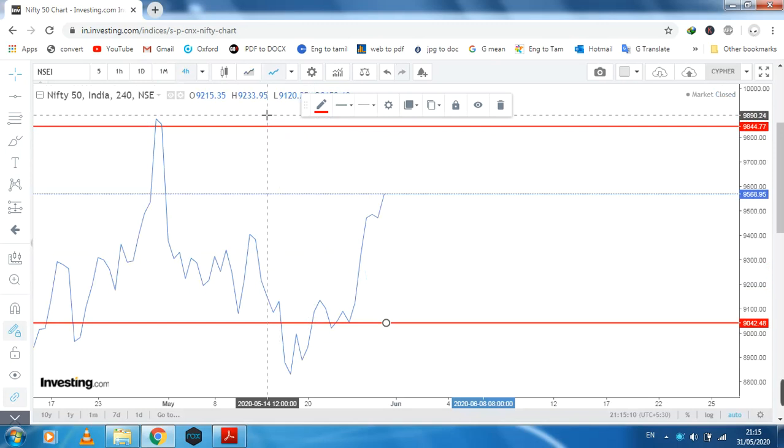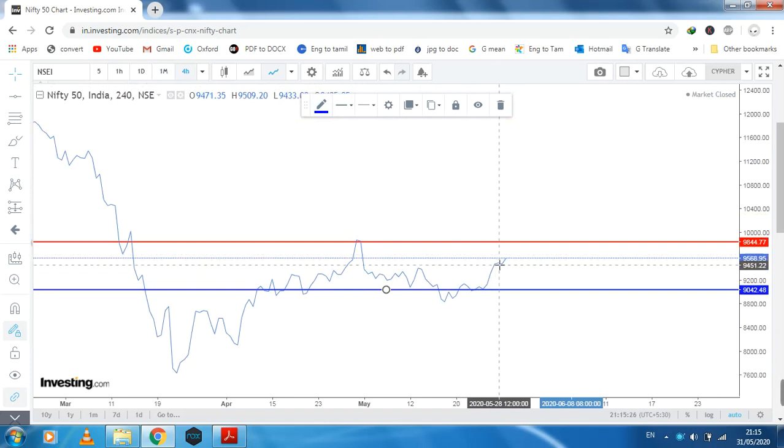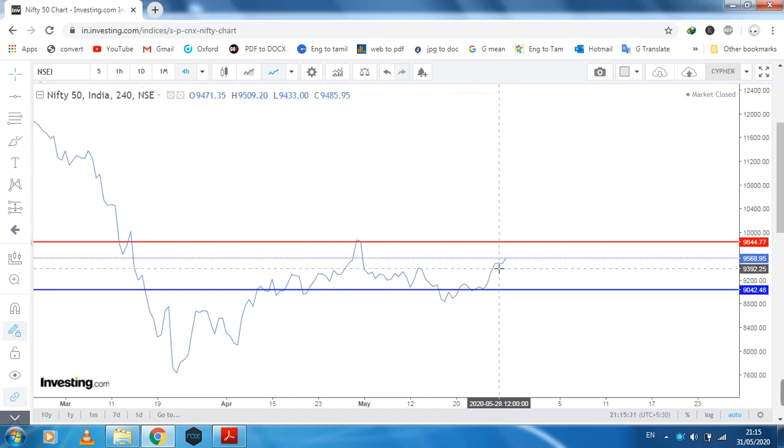Next we are going to the 4-hour chart. This is the lower time frame for the weekly chart, which is the reason we are going to the 4-hour chart. Sometimes we choose monthly with daily as the lower time frame, but this is weekly, so the lower time frame is 4 hours. We need to draw the support and resistance in blue color.